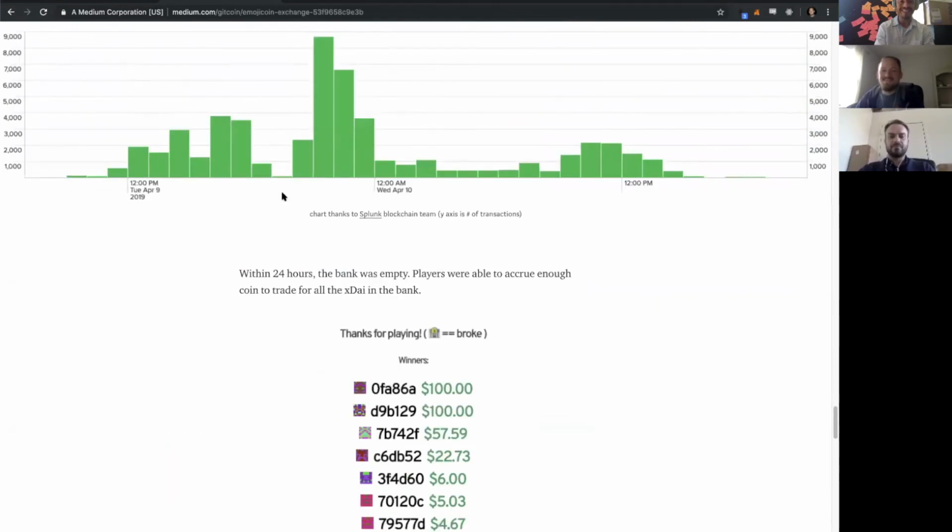This is where the students figured out how to automate it, and then they just were running arbitrage between